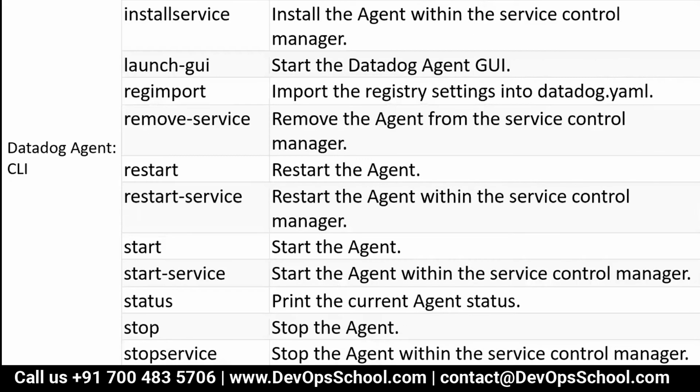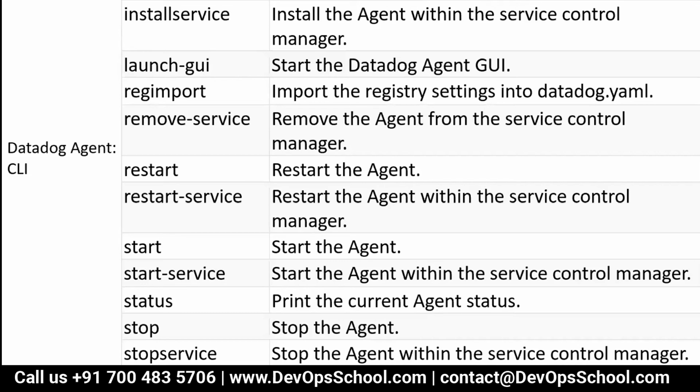If you want to install the agent as a service, then install service. You want to launch the agent GUI? Remember that for the agent GUI, you have to be on that machine because it opens up at 127.0.0.1. Then launch GUI. Reg import imports the registry settings into the datadog.yaml. Remove service removes the agent from the service control manager.